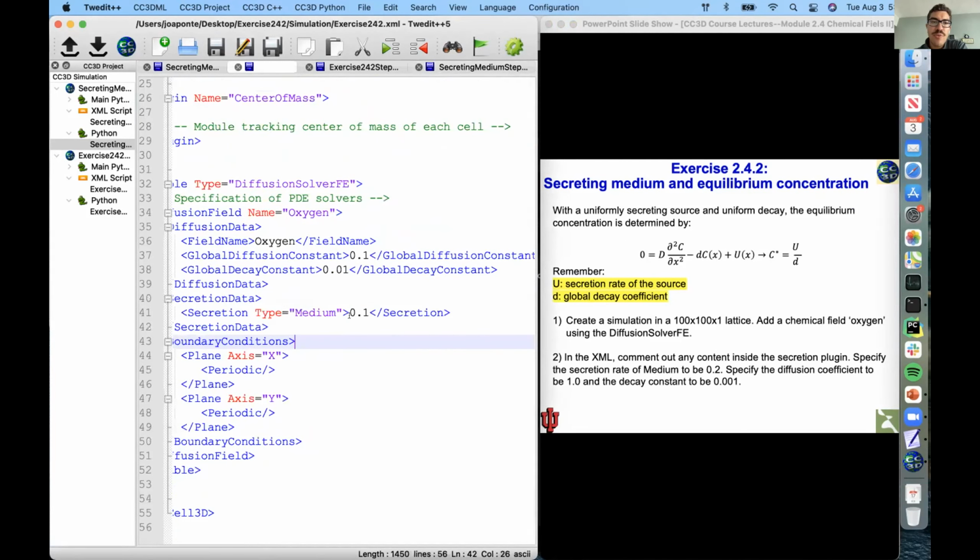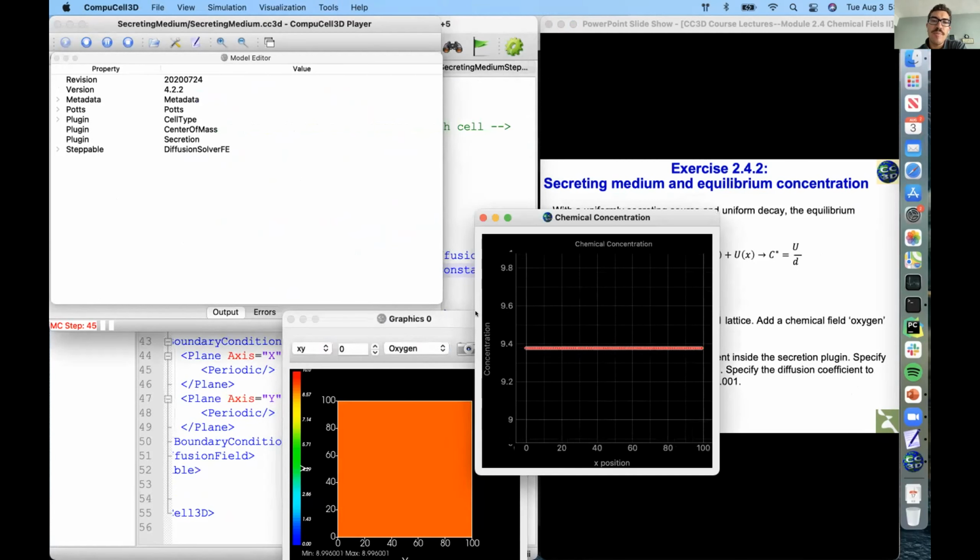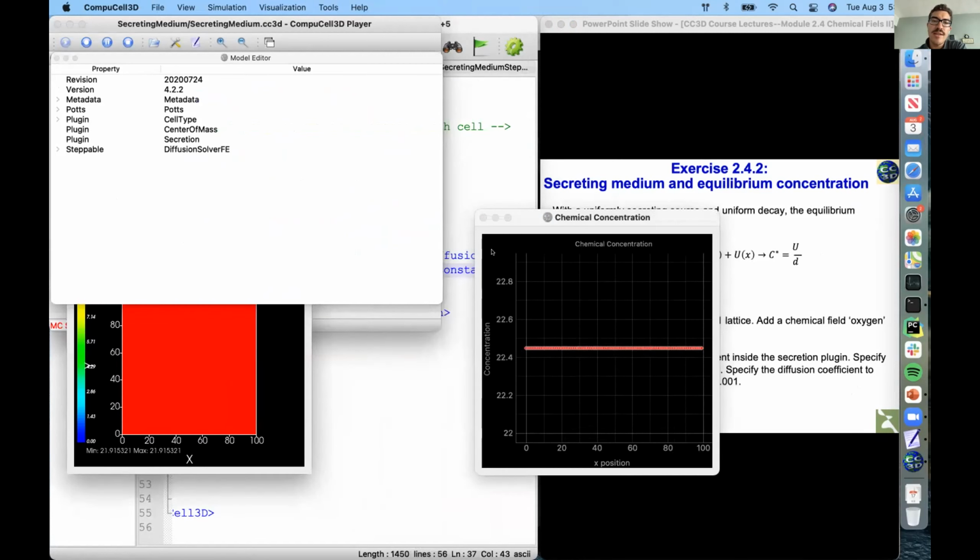My secretion rate is 0.1, my decay rate is 0.01, and my diffusion coefficient is 0.1. Right, so my equilibrium concentration should be 10 based on how much the medium is secreting, but also how much is decaying. So if I run that simulation, what I should see,